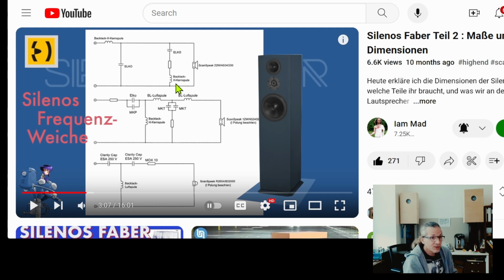So this filter you cannot change to an active filter, because the active part you can only change this for an active part with those active crossovers that are available to my knowledge, and to have this functionality built in. Maybe a next generation of active crossovers will be able to handle that, but to my knowledge I do not know of any current active crossover solutions that can provide you a viable solution to change this passive filter